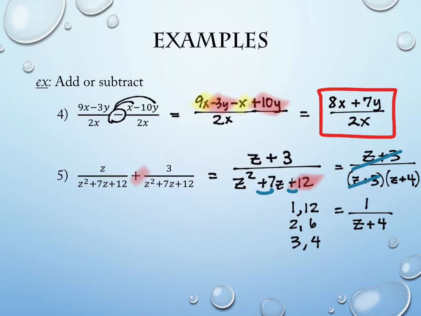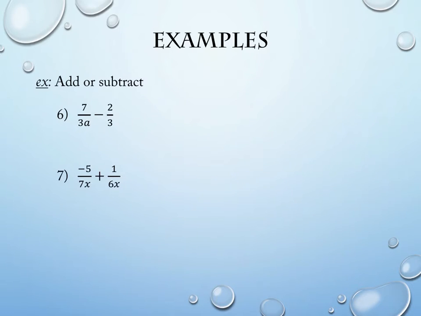You can cancel the z plus 3, and the reason that you can is because they are factors, right, multiplication pieces that match. Instead of terms, addition and subtraction pieces that match. It's about the fact that they can be multiplied by what's there. Yep. Okay, so I already sort of mentioned problem number 6 before when we were talking about least common denominators